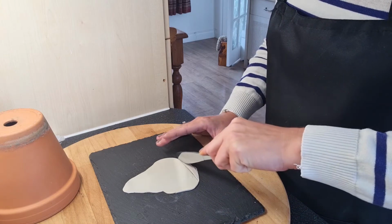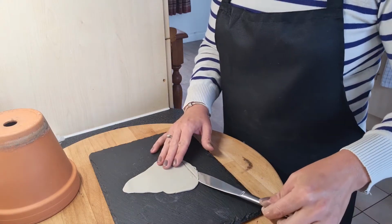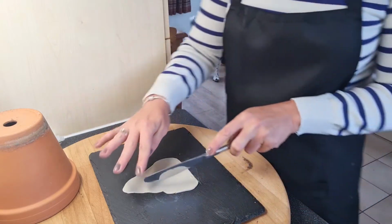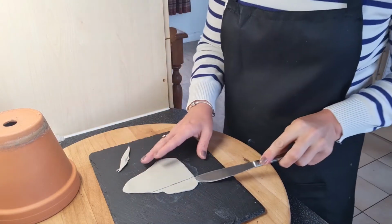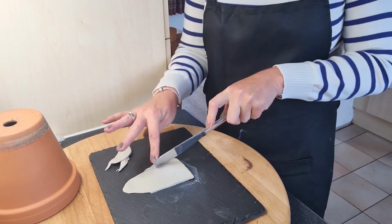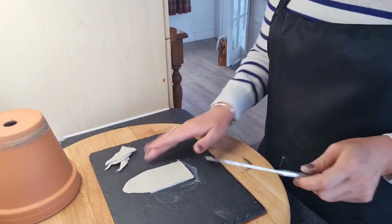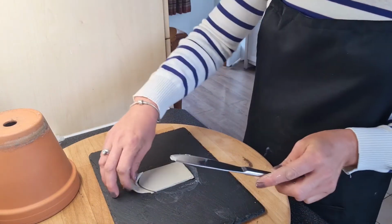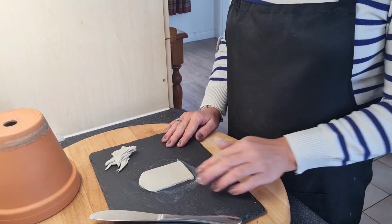So, using a knife, I'm going to remove a section at the bottom to give my door a straight edge. I'm going to do the same for the sides, and don't worry about the clay that's left over because that can always go back into the pack and be reused for something else. And then I'm just going to do a sweeping arch over the top, like so,